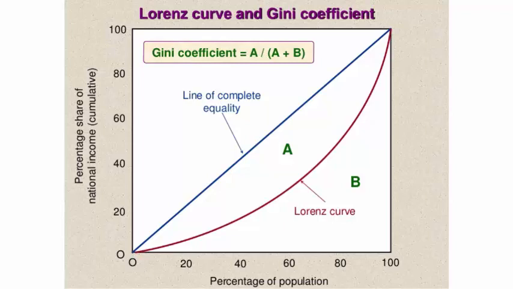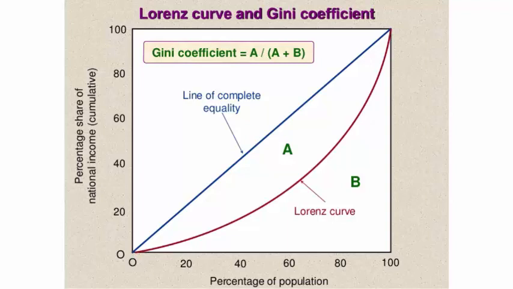The graph you see here is a graph of what is called the Lorenz curve. This is an important way to measure income inequality, and the way we sketch the Lorenz curve is we rank individuals from the poorest to the richest. So we're saying if there are 100 people in the population, you'd rank from the poorest person up to the